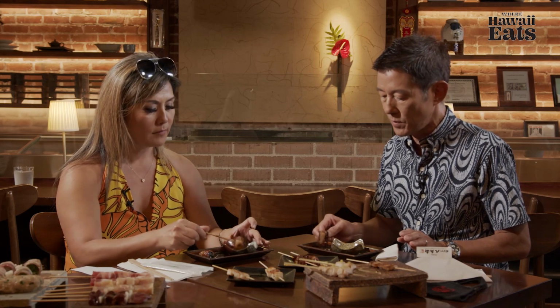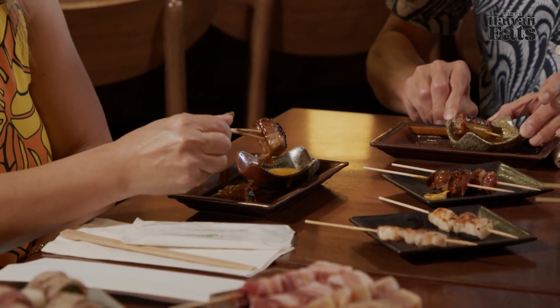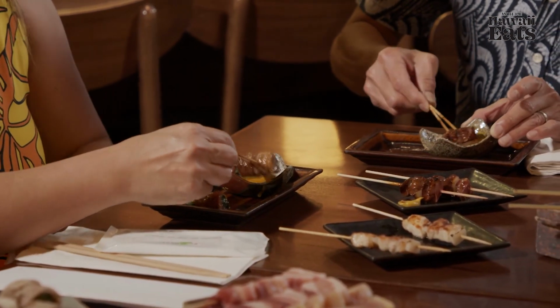Mm. Let's take little bites. The second one is enoki mushroom wrapped in sirloin. Yes. Same thing. So basically, it's like Japanese tapas. Yeah. So what we're trying to do here is just